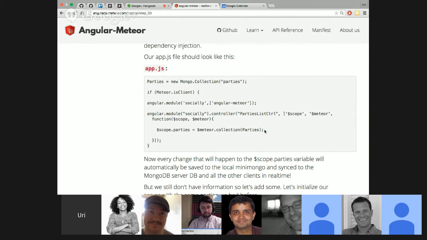So what we are doing right now here is watching over this API, and just like Blaze, we're updating just according to the updates that we get from Meteor. So we get a changedAt for a particular party, and we just update that scope.parties in this particular place. We get a removedAt for a particular party and remove just that particular party. And this is just one part. The second part is we need to watch over the scope.parties, and we do that with a modified watch of Angular.